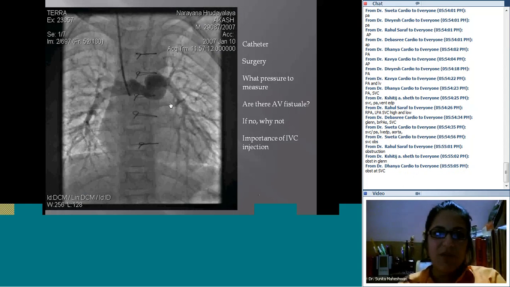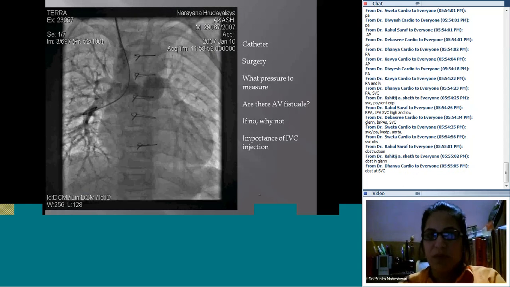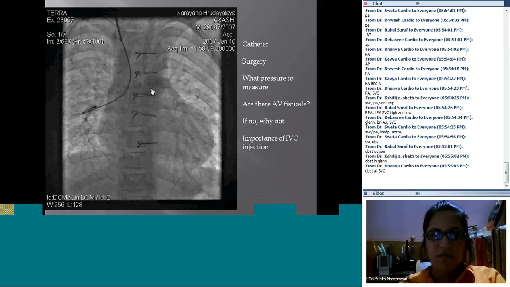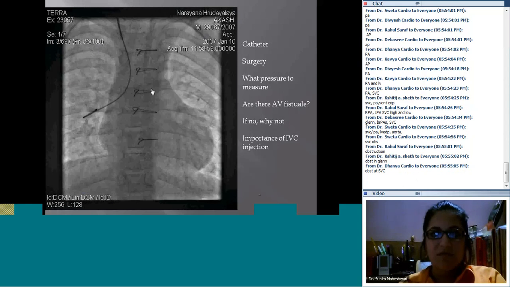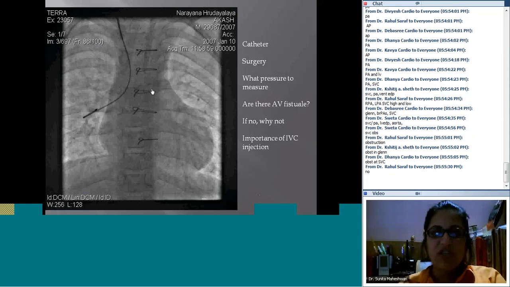Okay. Now in this patient, now watch this next angio. You have spill into both the RPA and LPA. Are there any AV fistulae? Oops, it went too fast. So whenever you see a Glenn injection, you're going to see whether there's any obstruction SVC into pulmonary artery. You're going to look at the pulmonary